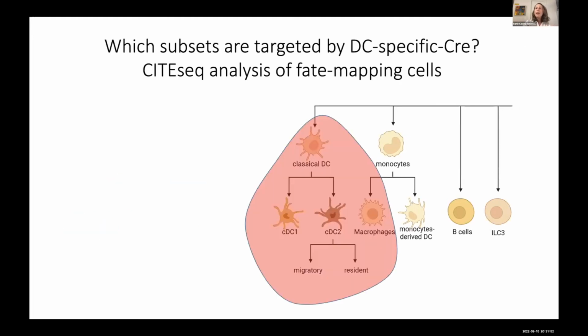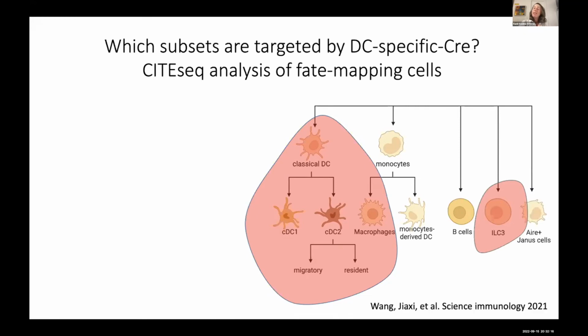So to check that, together with the New York Genome Center, we performed CITE-seq analysis of fate-mapped antigen presenting cells. And we found that in addition to the population that we expected to find, those Cre target two additional populations. One is the innate lymphoid cell type 3. And an additional population that is being targeted is a population that was recently described and identified by our